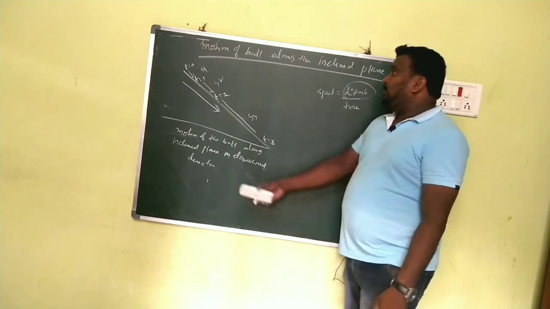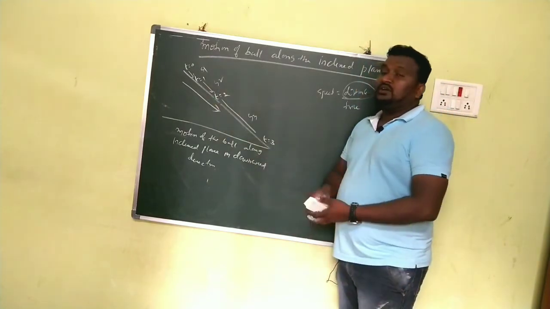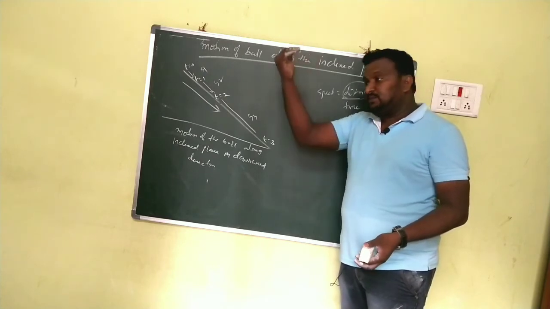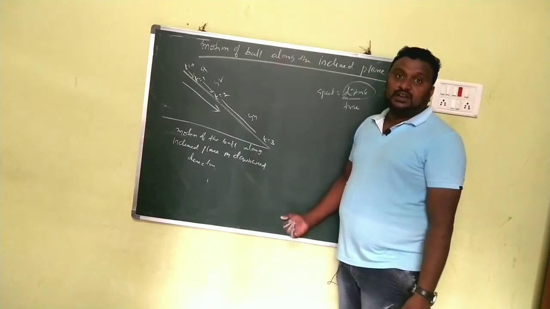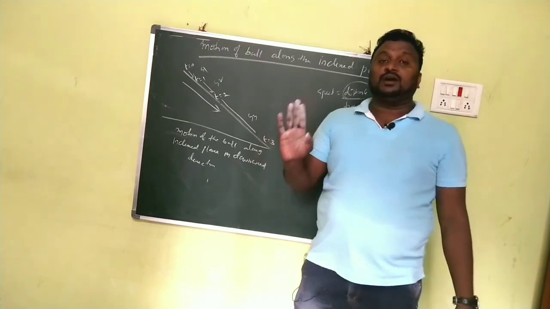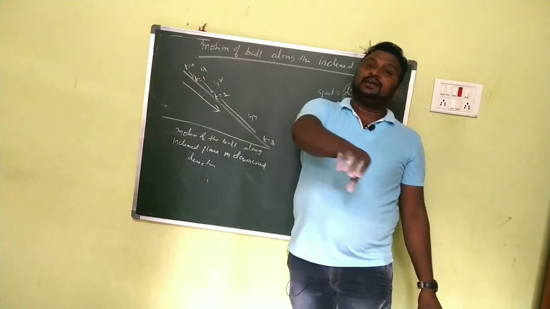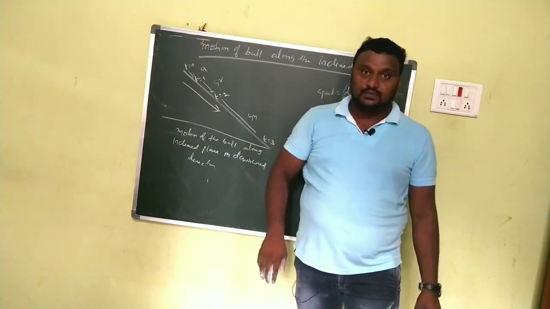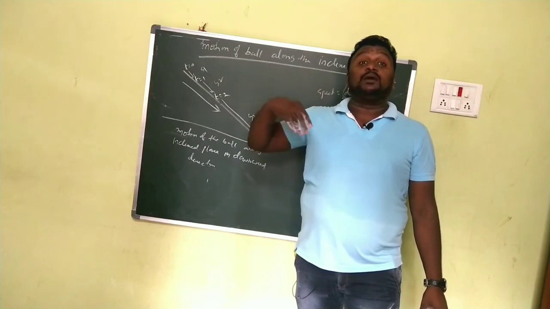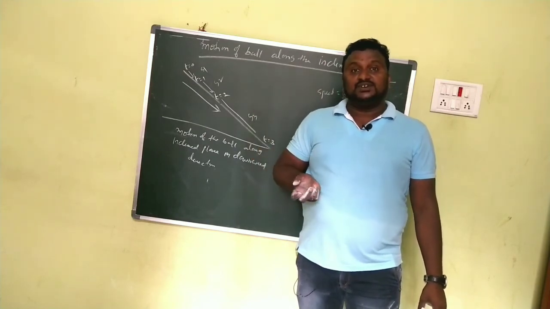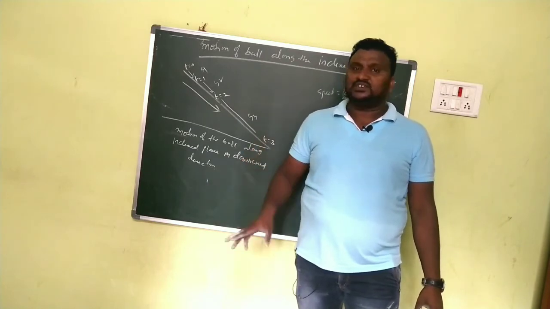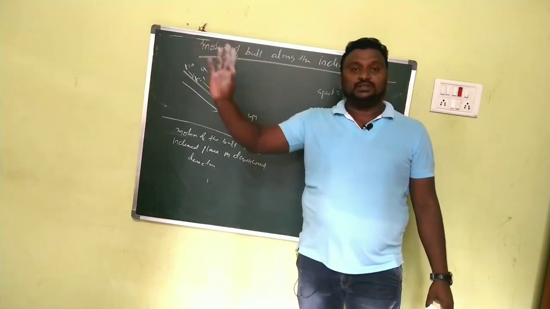That's why, when the ball is coming downwards, what do you observe? The distance covered by the body also increases while the body is coming in the downward direction. Clear, children? In this case, there is no change in the path of the ball. The ball is moving along the plane, so its path will never change. But what changes here? The distance covered by the ball changes. Why? Because it is coming in the direction of the gravitational force. That's why speed will obviously increase.